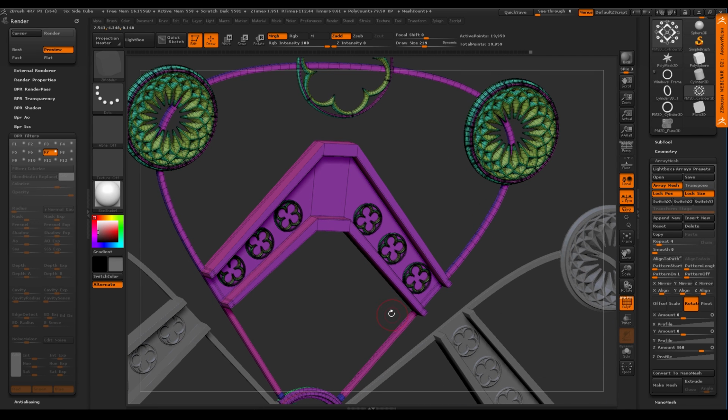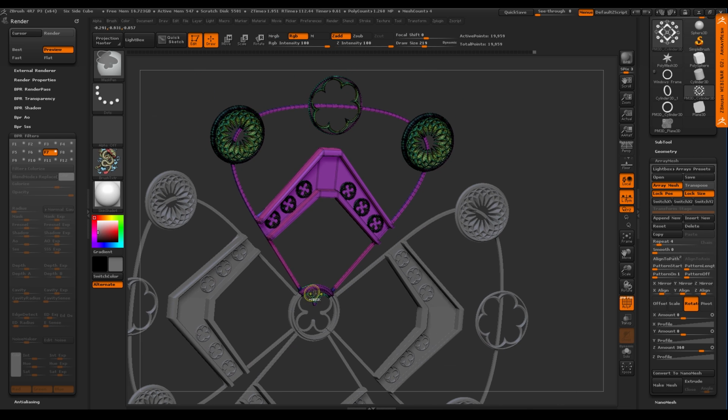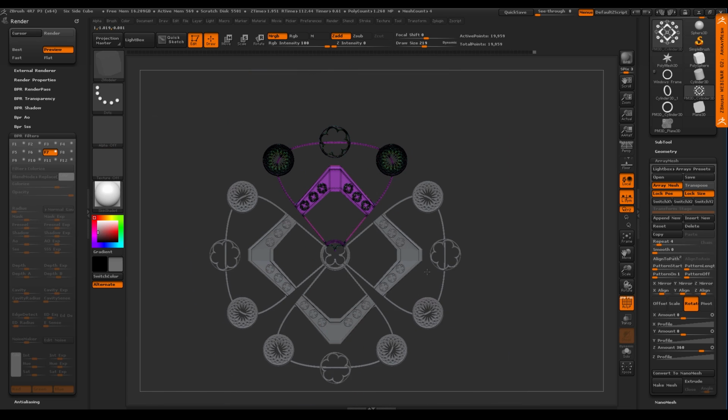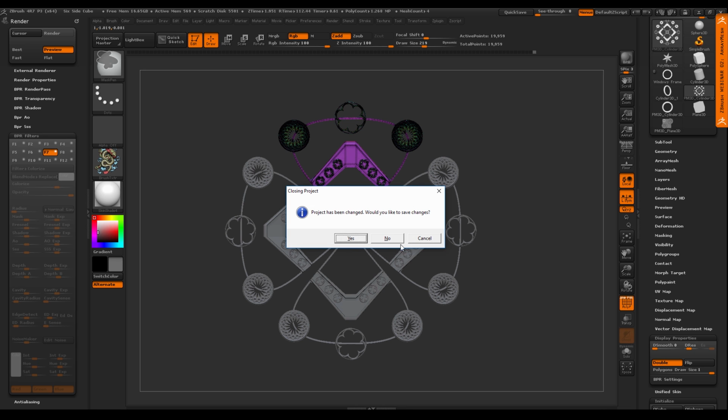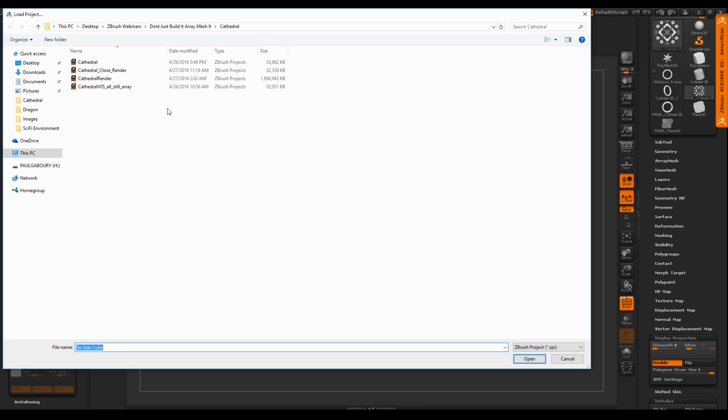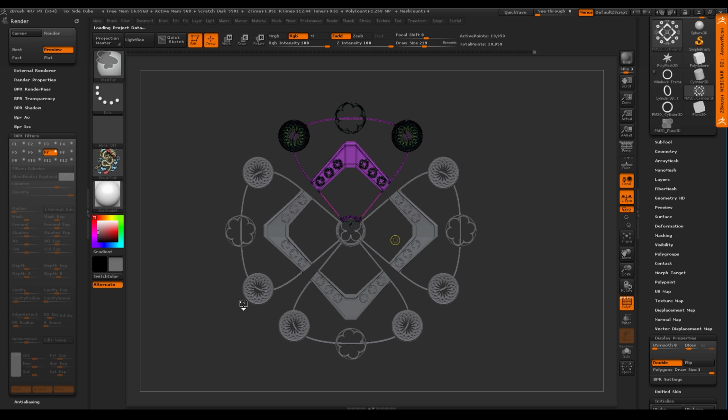Oh, wow. You got your image of the full cathedral again? The model or the image? Which one do you want? I've got it all. If you have the model, pull the model up. Sure, I can pull the model up. All right, let me grab that model. Cathedral. Yep. Wait for it.